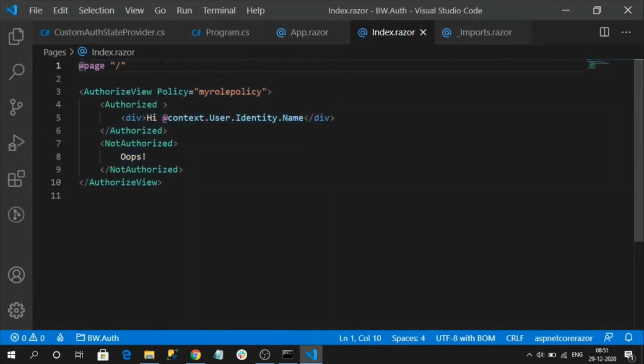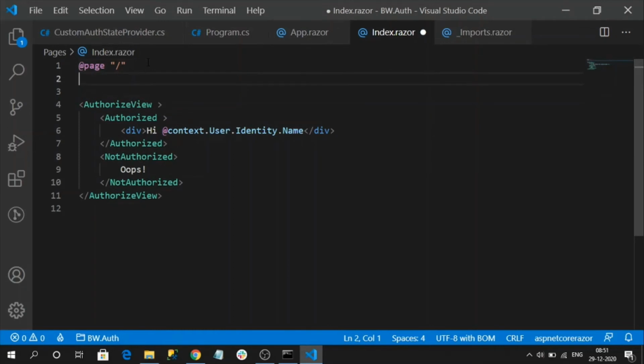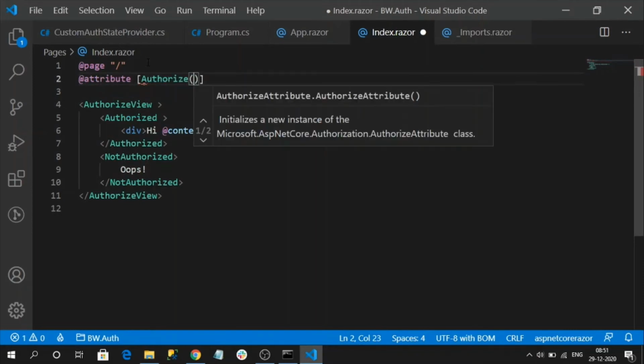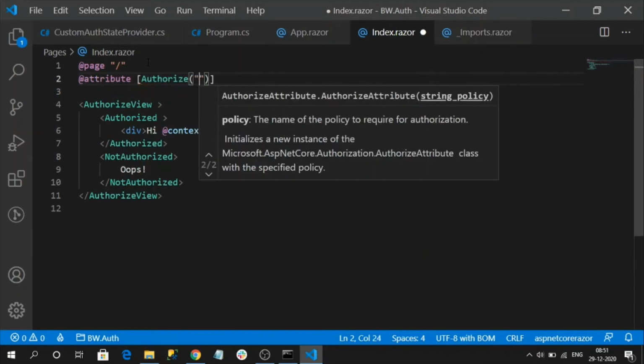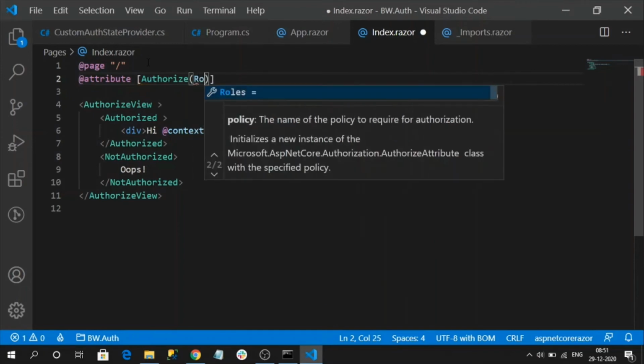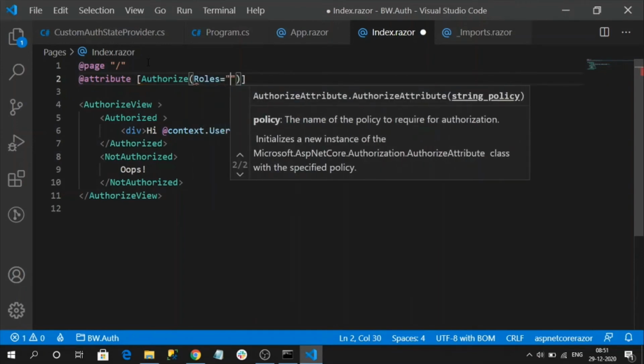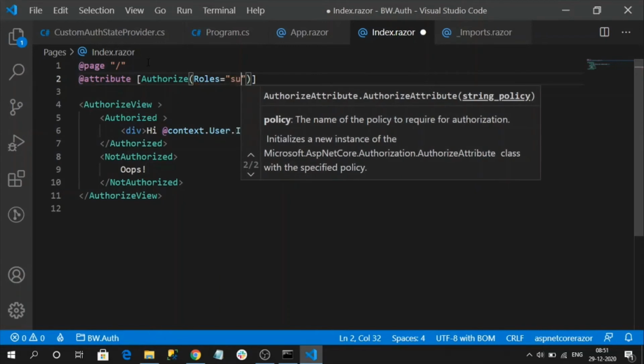For that, what we have to do, let me remove this policy. Okay. And I can write @attribute, and I need to specify the attribute like Authorize. Inside of it, I need to pass. I can assign roles as well, like super admin.